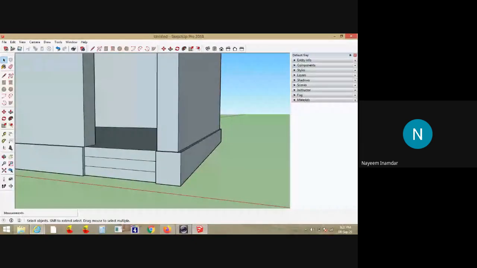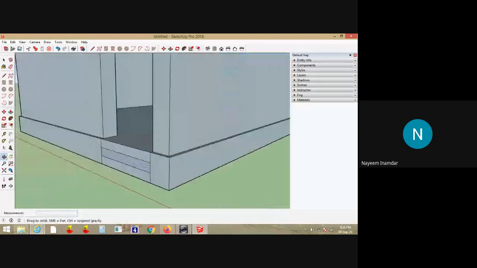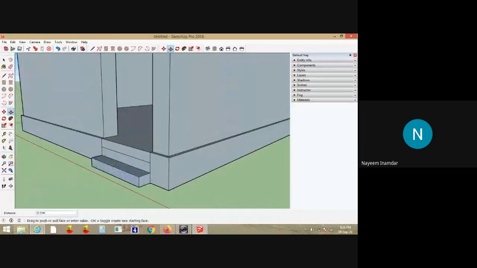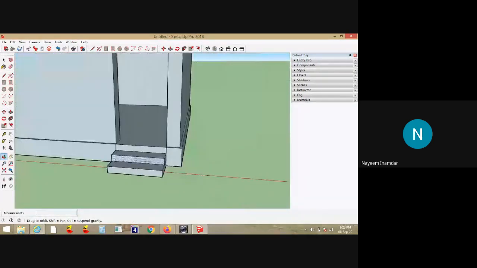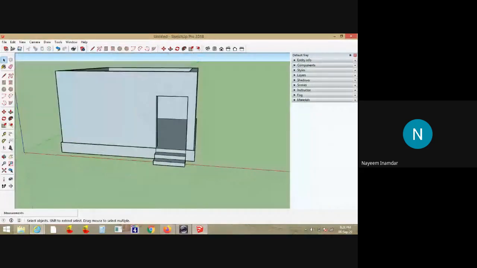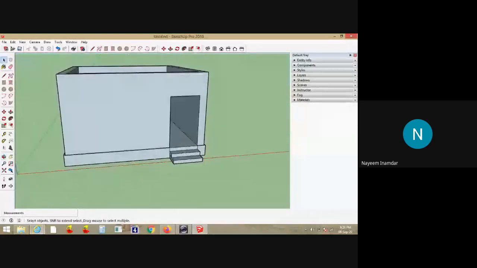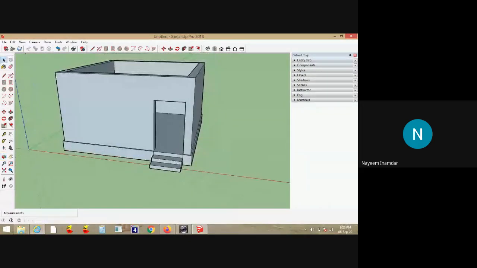Suppose the thread I am going to give as 30 centimeter. Go to push pull command. First you bring all this to the projection face. So 0.3. I'll join here. Again this will be 0.3. You can see the steps here. Only I am using push pull command and line command, nothing else. Only with these two commands I have prepared this three-dimensional object.